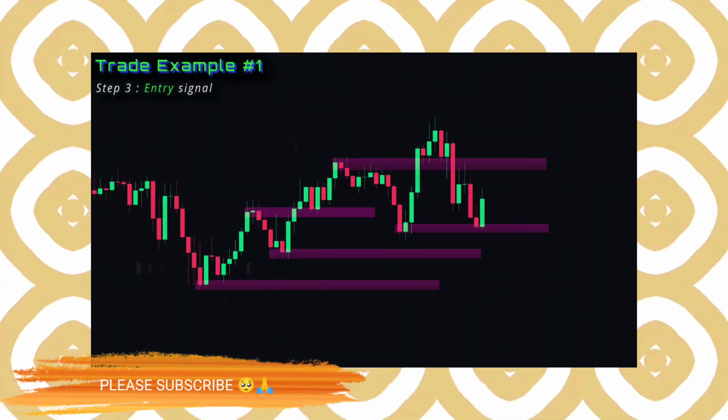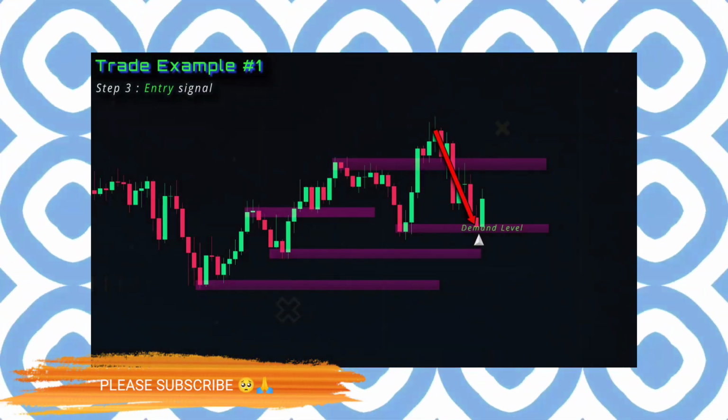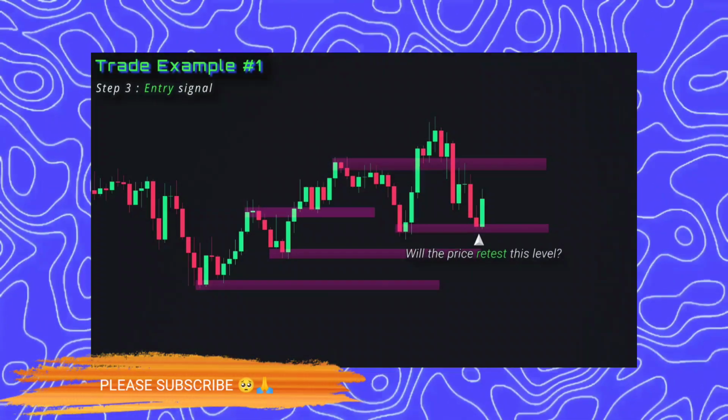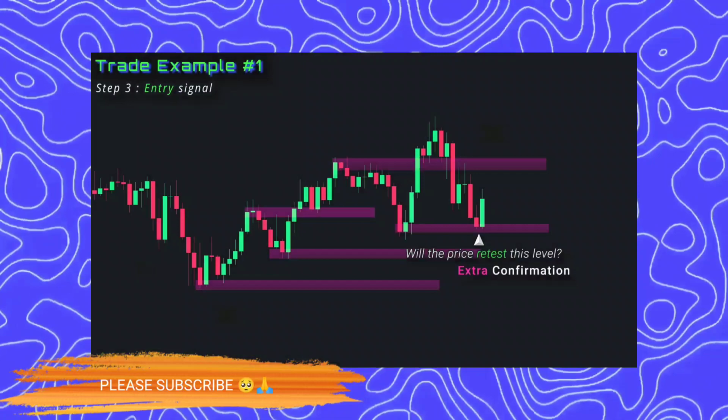Alright, so we can see that the price made a pullback and entered a demand zone right here. So now, we're looking to see if the price retests this level. And to do that, we need to wait for extra confirmation. And in this case, we can actually